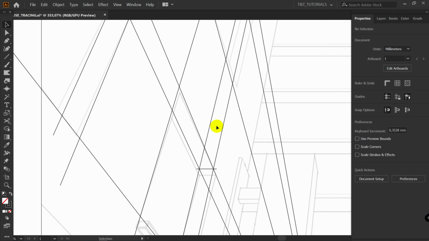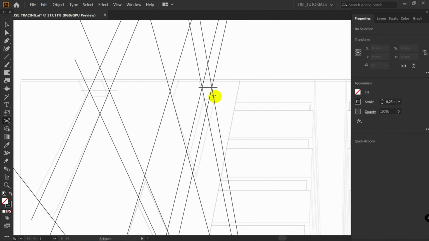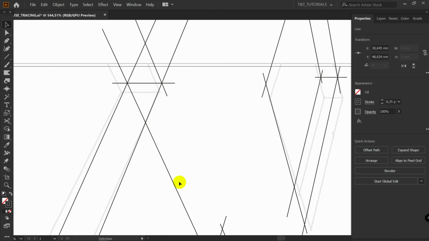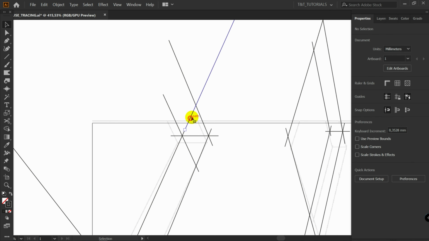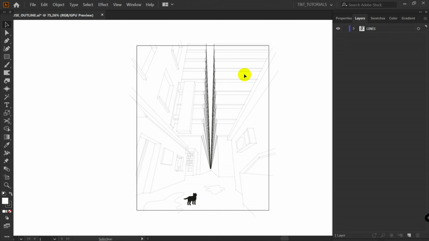Sometimes you will need to think before you do something. This is not as hard as it seems, you simply need some practice. Now let's use the Scissors tool. After everything is traced, you can delete vanishing points, then press M for the rectangle tool, make sure that you have color only on stroke,